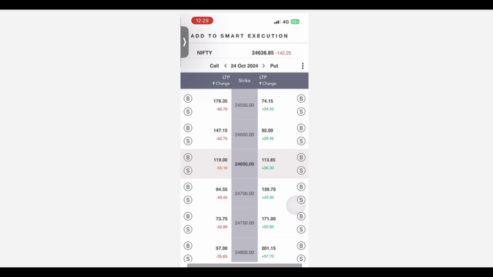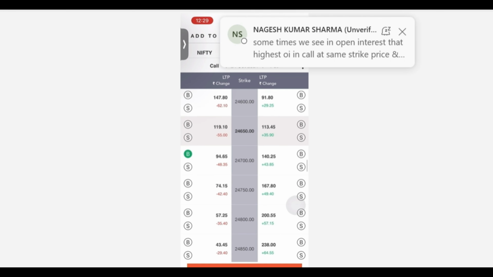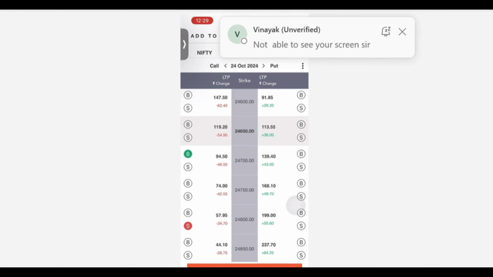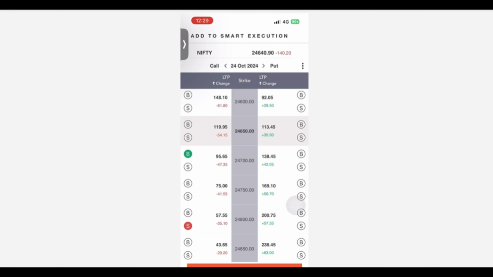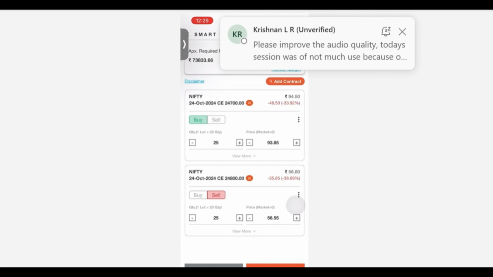वही सेम चीज जब बाय और सेल की टॉगल के साथ मिल गया तो मुझे क्या करना है, मुझे 24,700 बाय करना है, just press buy here and my strategy tells me to go short in 24,800 call option. I do this, so it's a double leg order और मल्टी leg order जो मैं एक ही साथ प्लेस कर रहा हूँ, मेरा टाइम भी बच रहा है और ऑटोमेटिकली मुझे मार्जिन का बेनिफिट भी मिलेगा यहाँ पे. ठीक है,